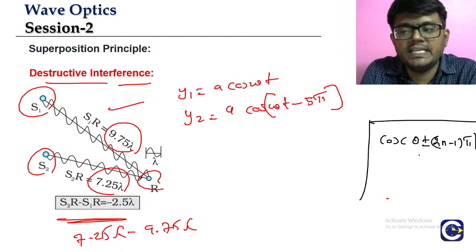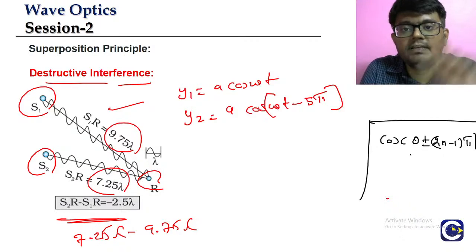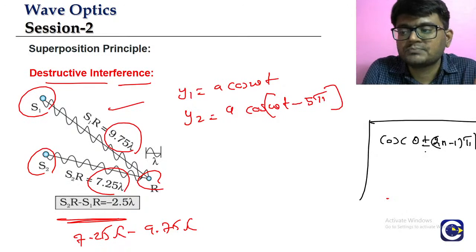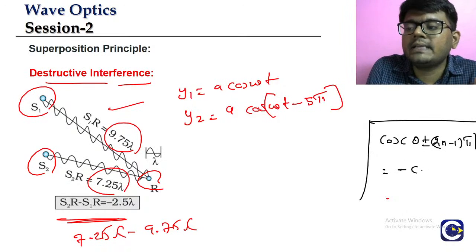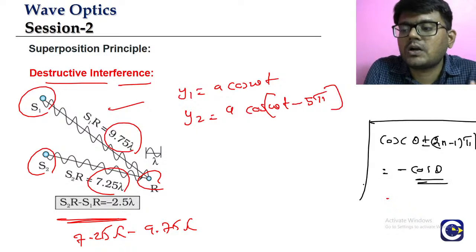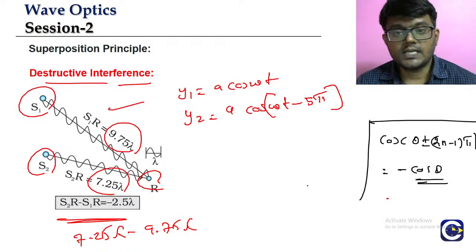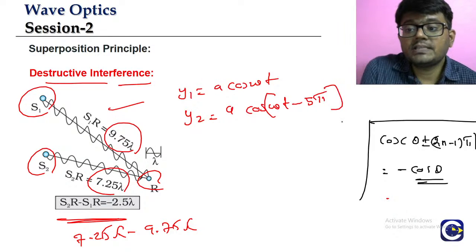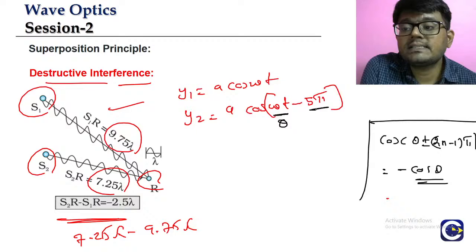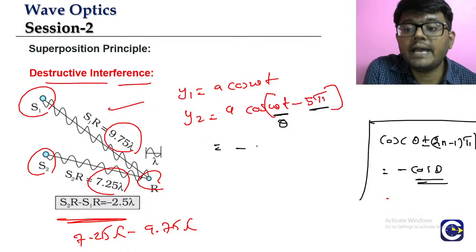Previously what we saw is cos of theta plus or minus 2n pi, that is an even multiple of pi. This is an odd multiple of pi, and that will be equal to minus cos theta. So here omega t is like theta, and minus 5 pi is like an odd multiple of pi. So what is it going to be? Minus